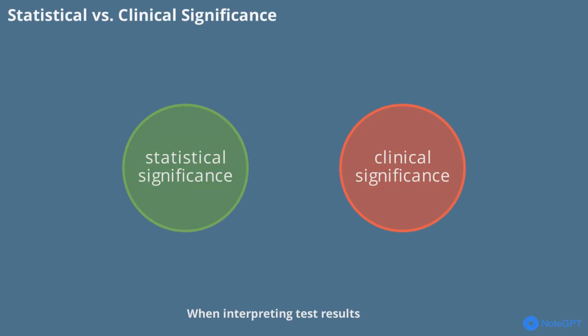When interpreting test results, it's important to distinguish between statistical and clinical significance. Statistical significance is based on how much a patient's performance deviates from the average, using strict thresholds. Clinical significance, on the other hand, focuses on whether the deficits actually impact daily life and independence. Sometimes, a deficit may be clinically important even if it doesn't meet statistical criteria, highlighting the value of clinical judgment